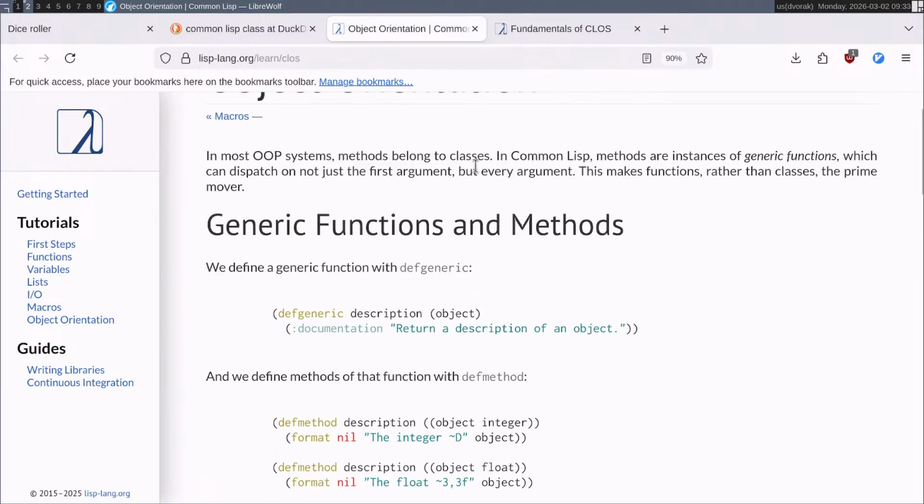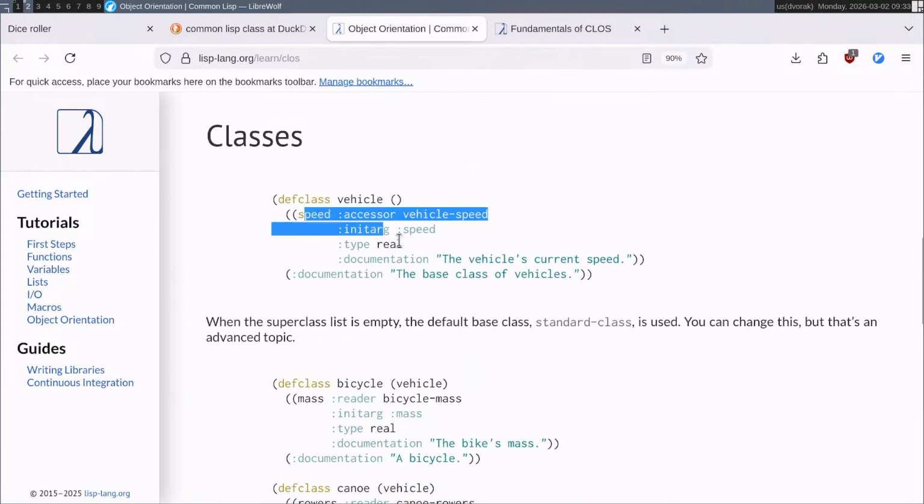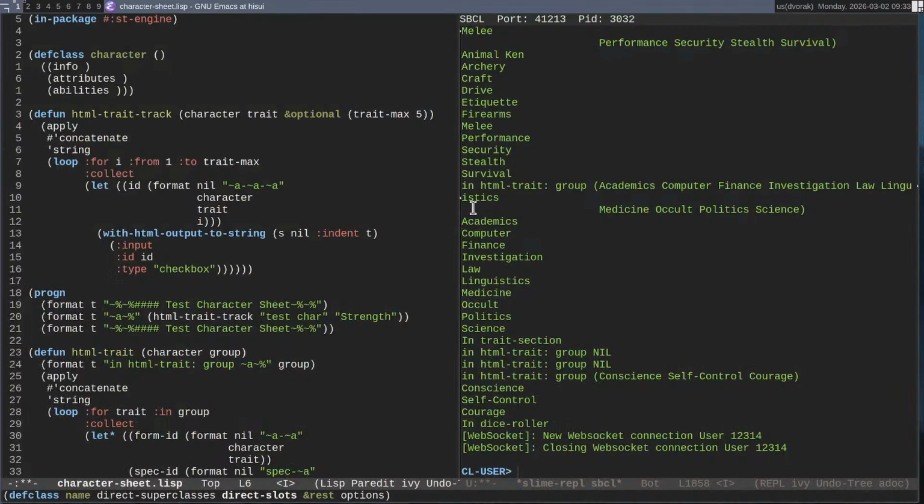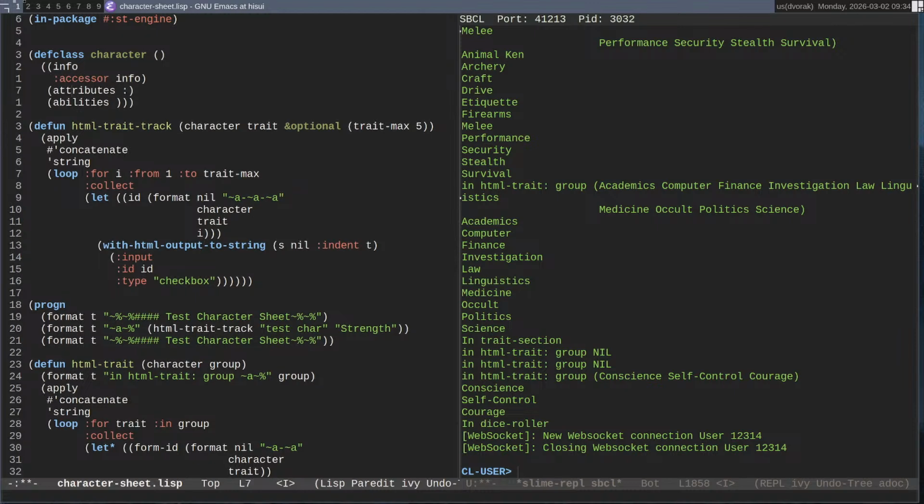Defmethod, defgeneric. Yep. Here we go. Accessor, initial arg, type, and documentation. So those are all good ideas. So how do I spell accessor? Yep, that is accessor. Info. Everyone gets an accessor.